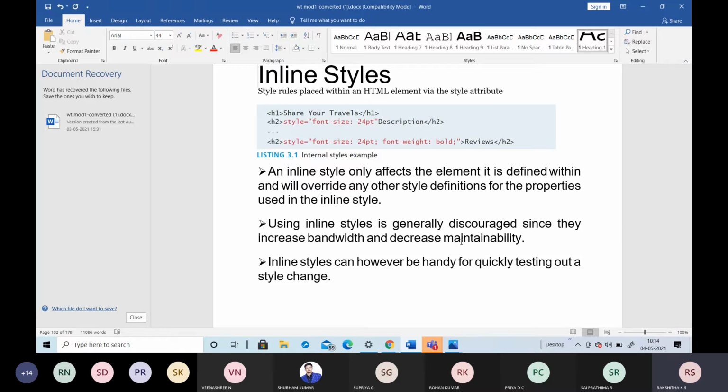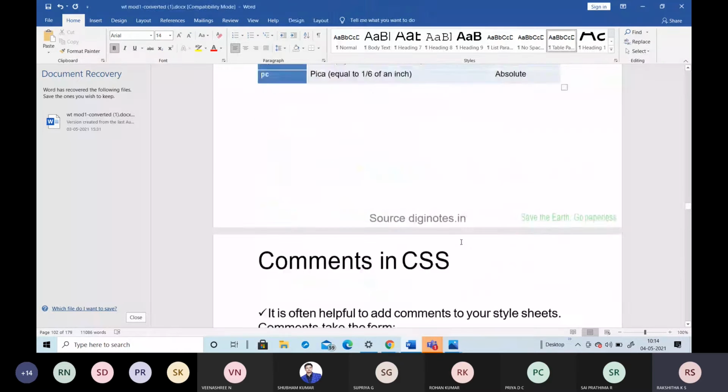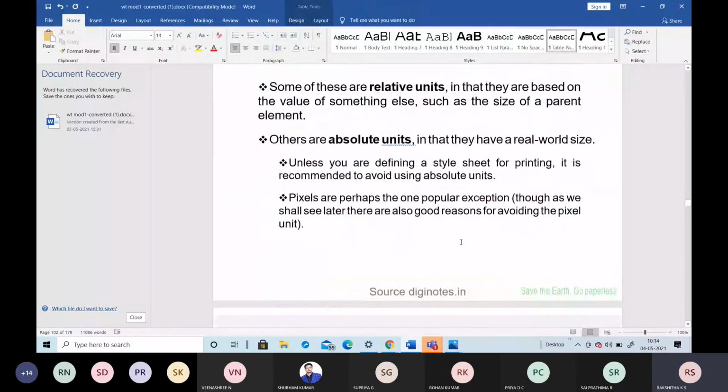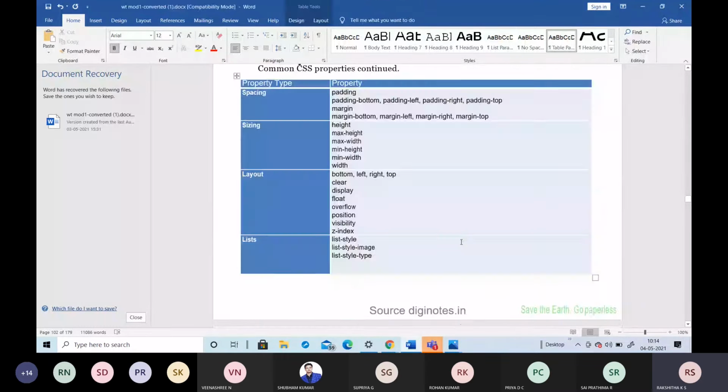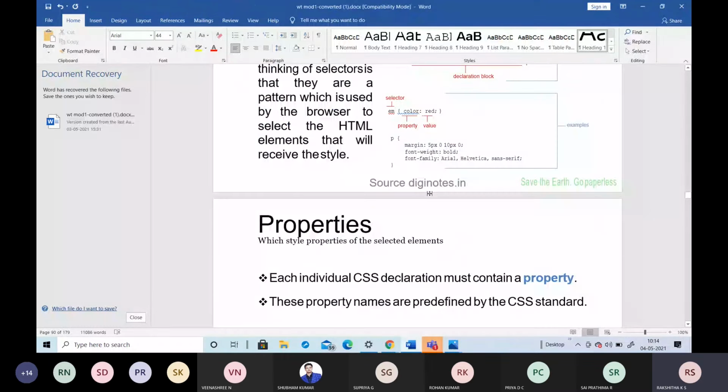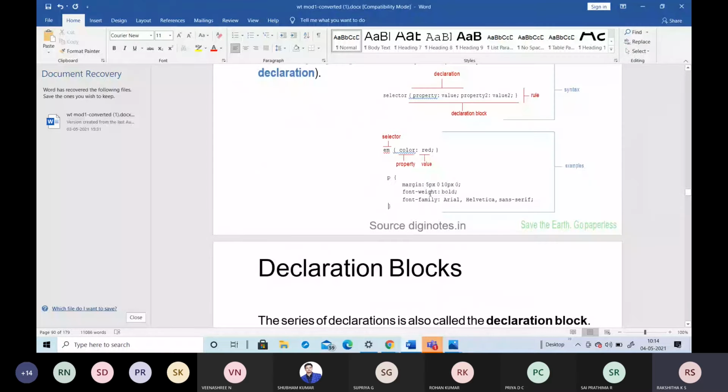In the previous example, what we did yesterday, look here. In this example, P is called a selector, right? There we use the selector to add the complete rule, which is the CSS style rule.